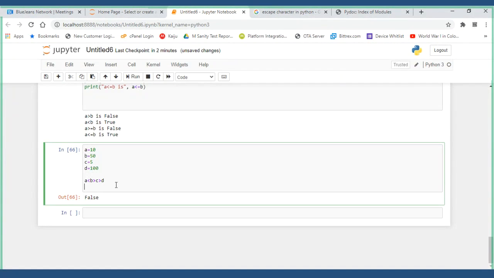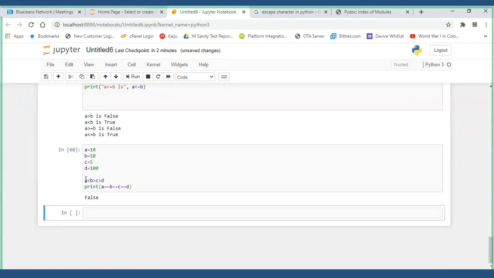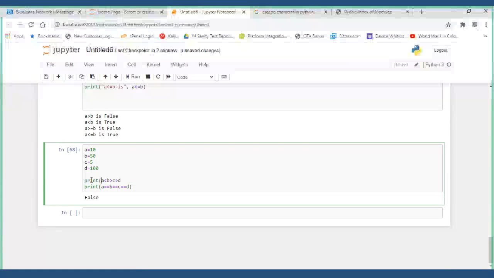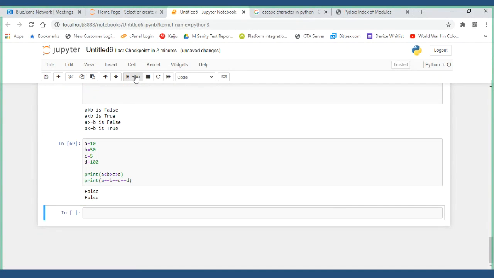In the same way, you can do the same thing for relational operators also, like this C, like this D. Anyhow, those are all not equal, so you will get false only. I'll just print. Got it, right? It's so simple. You just have to practice.